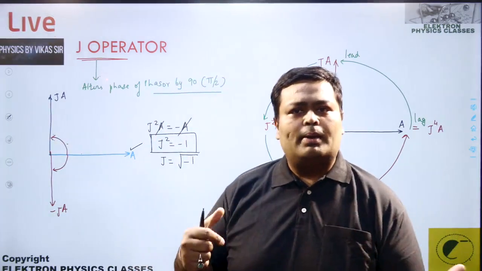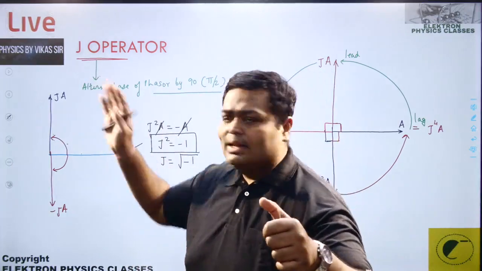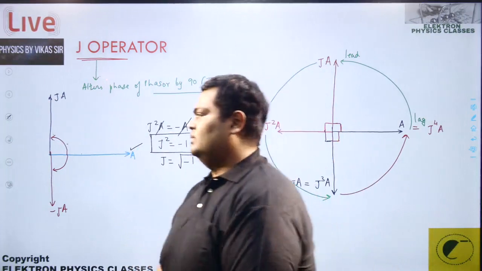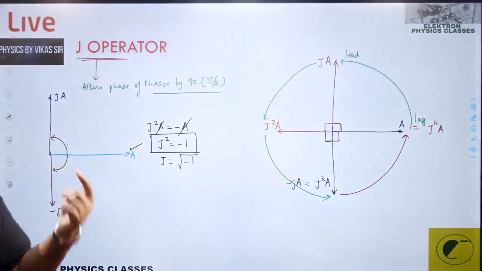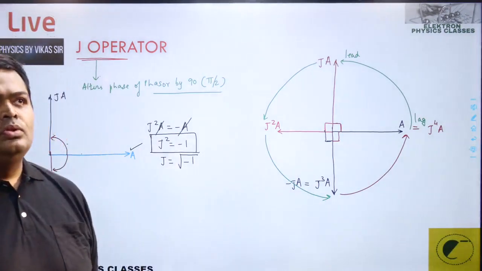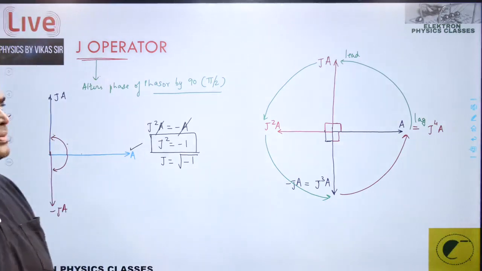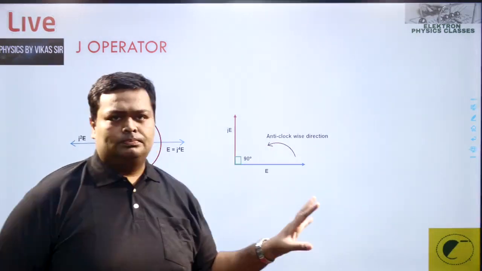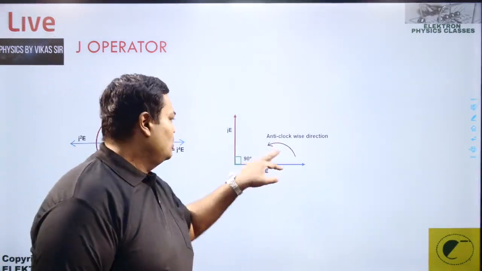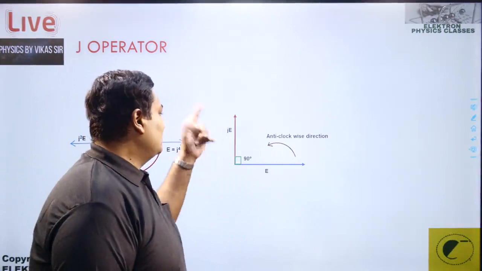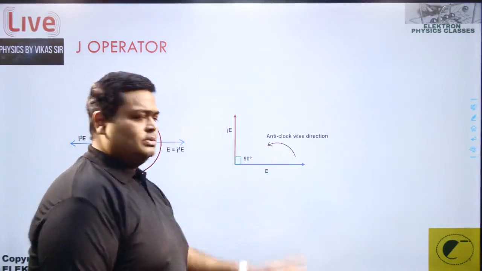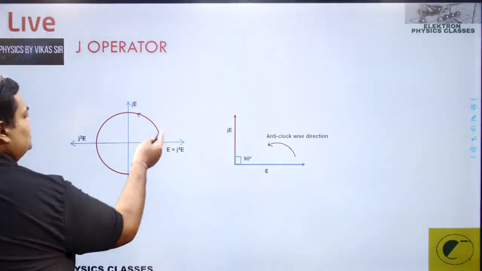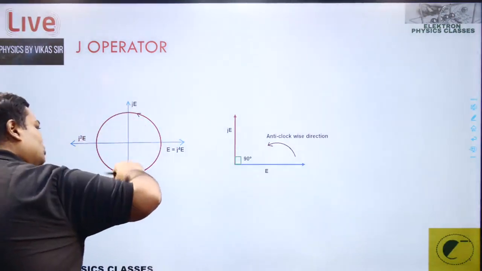And how do we use the command? Plus of J, increase, lead. Minus of J, decrease, lag. Simple. So where are we going to use it, sir? We're going to use it in the combination circuits. This is what I've explained to you. A phasor E, now anti-clockwise, 90 degree, that becomes J into V. That means this is leading this. That's exactly what I explained to you. Example: J, then J square, then J cube, then J4.